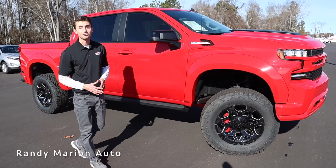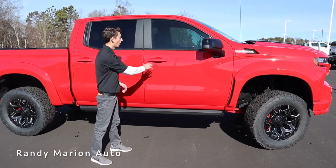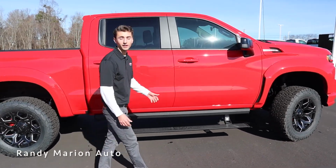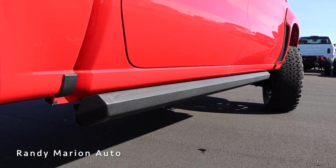Really good side profile for this truck, and being a massive truck as it is, we have an optional set of deployable running boards. All I have to do is grab the door handle, open up, and the running boards easily fold out. And then when I close the door, they automatically fold back in place. And these running boards also double as rock rails, so they really help add to the aggression and off-road design